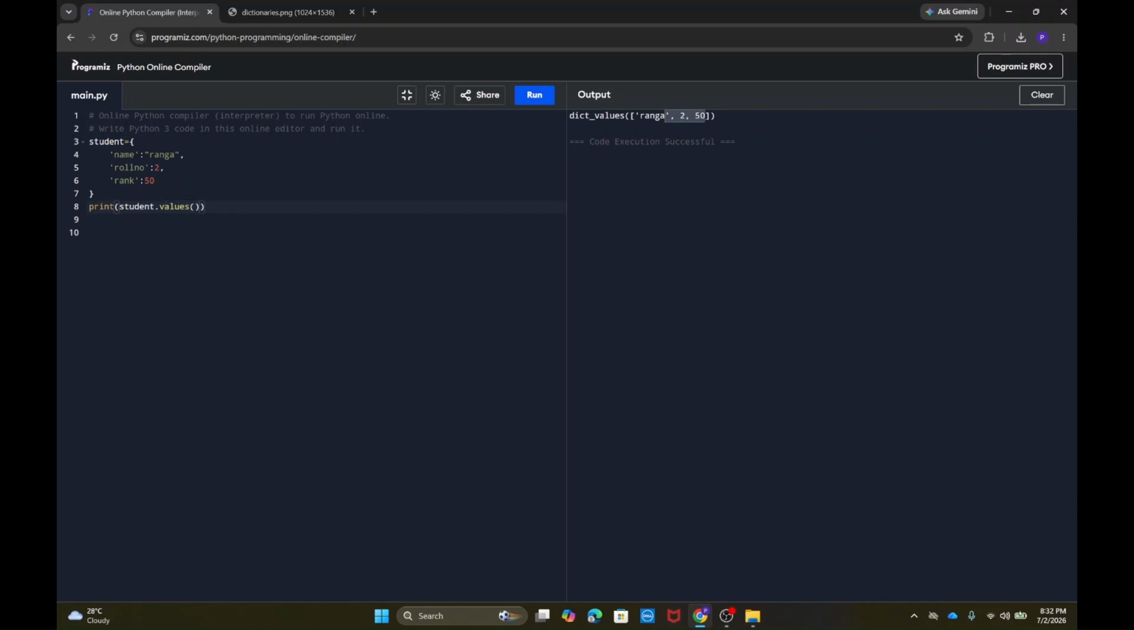Suppose I want to check whether 25 is present in values, only values, so I can do this: 25 in student.values(). I will not check in the keys, I will only check in the values. So for that we use student.values, because it will check 25 only in the values section. It will return False because 25 is not present in any of the values. If I try to give keys,